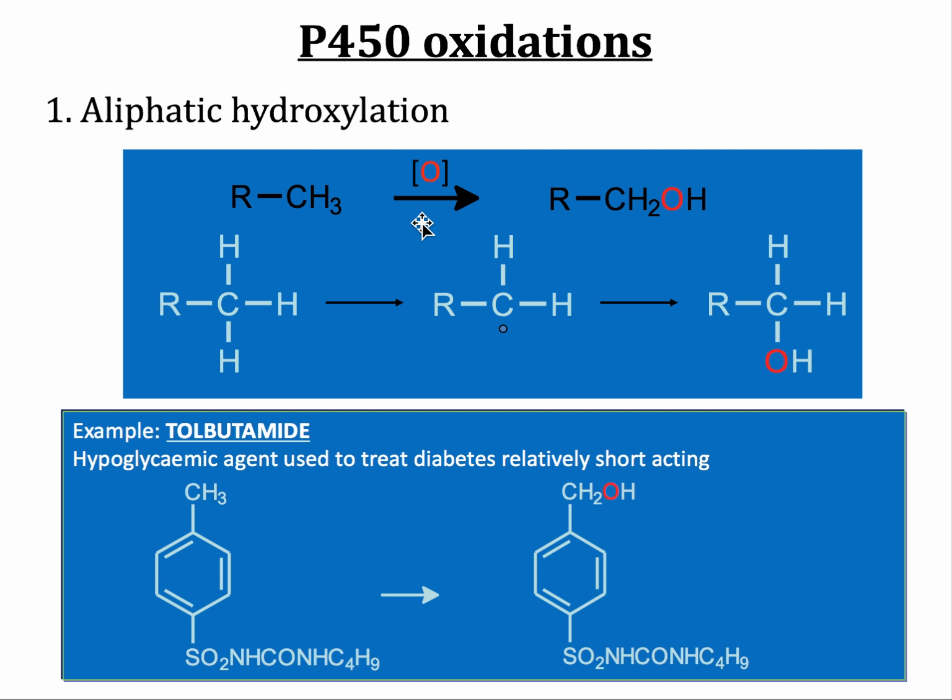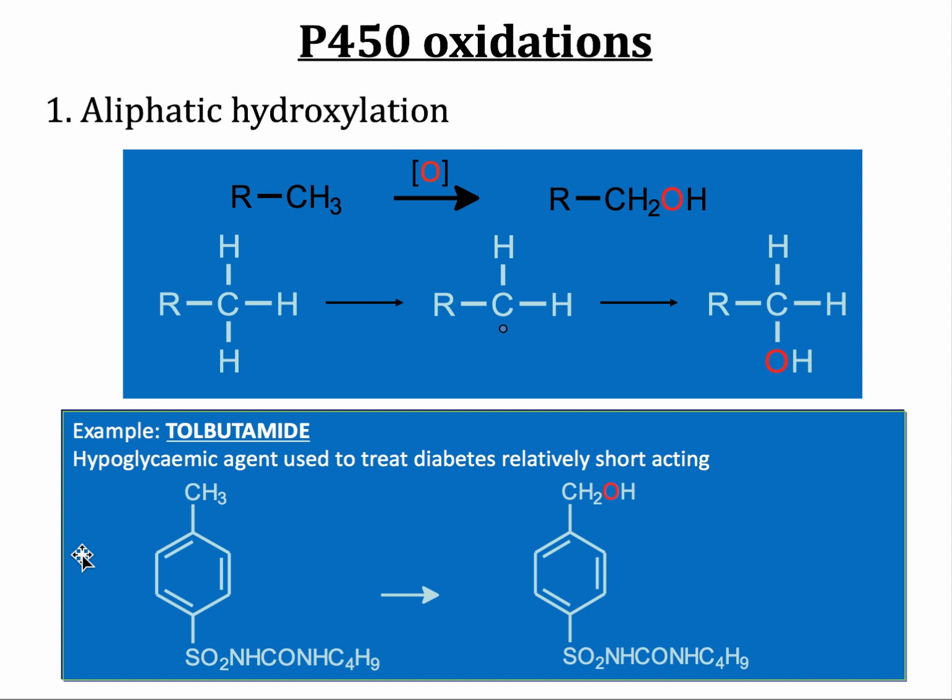So you always want to put the arrow and then you want to put the oxidation. Oxidation is represented by this symbol here, O in brackets. Then, because you're hydroxylating it, you simply add an O to one of the hydrogens, so it becomes